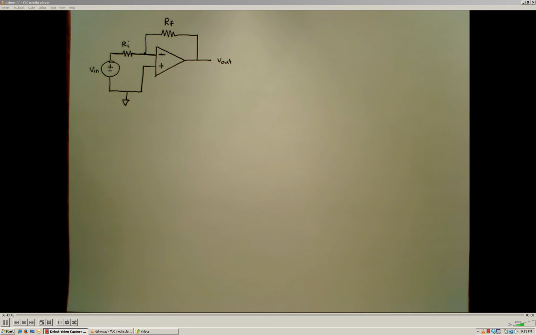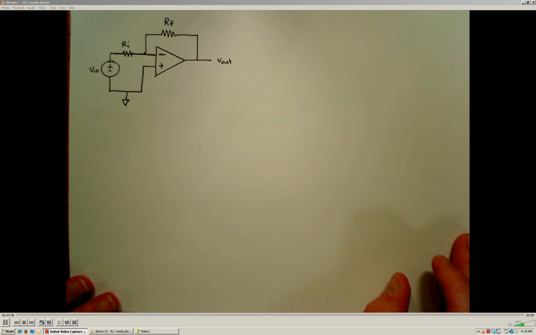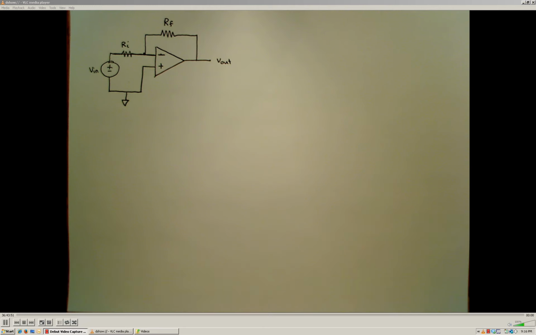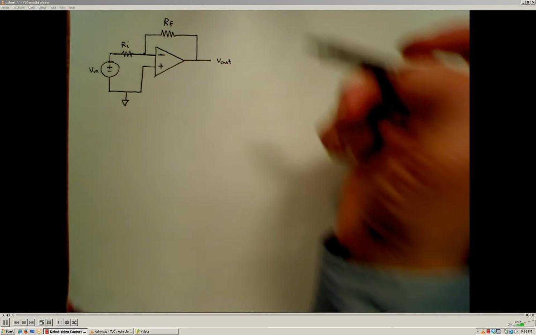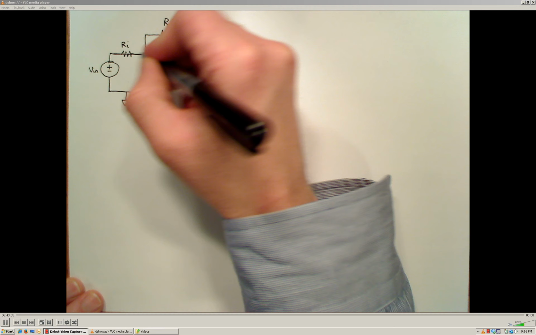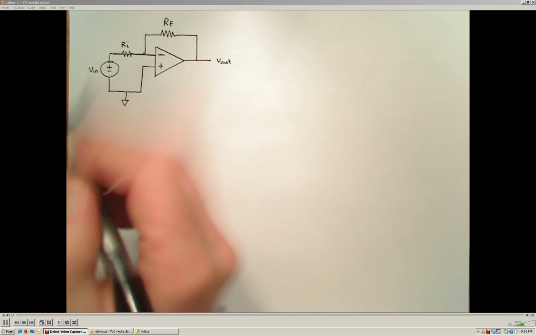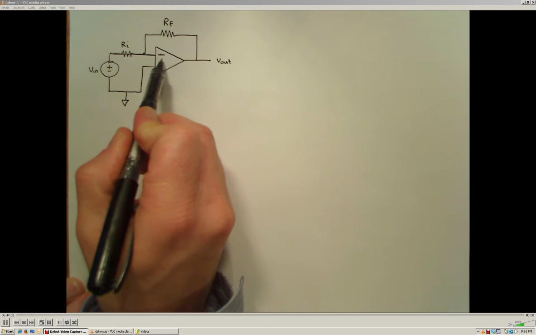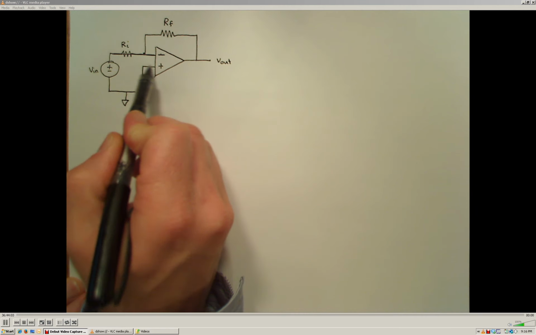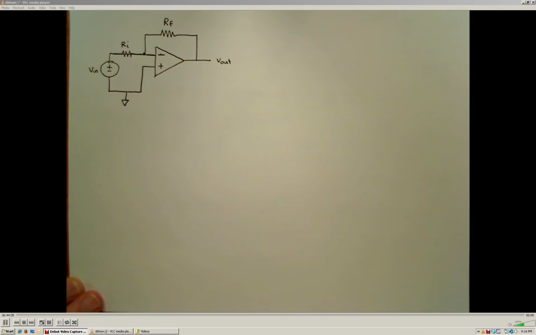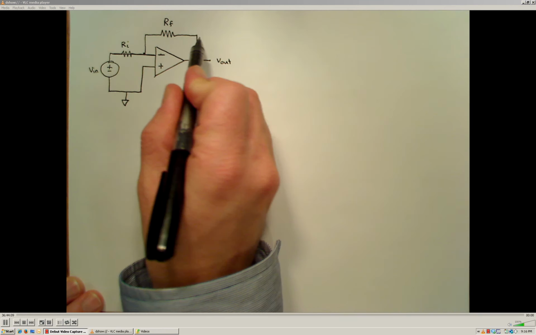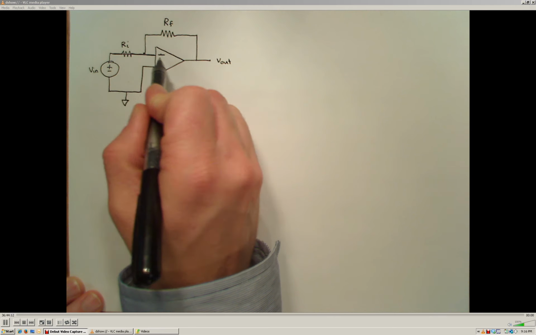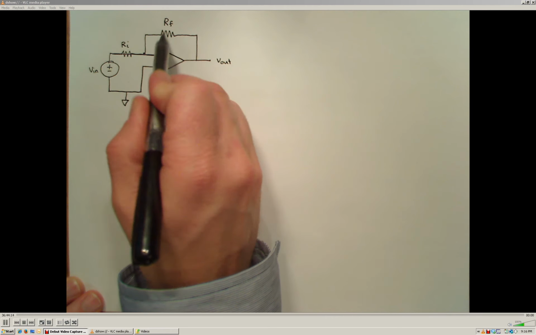Another common op-amp circuit that we need to be familiar with is called the inverting amplifier. In this circuit, we see that the input voltage is connected through a resistor that we call the input resistor to the inverting input terminal of the op-amp, while the non-inverting input terminal is tied to ground. The output of the op-amp is tied back to the inverting input through this thing that we call a feedback